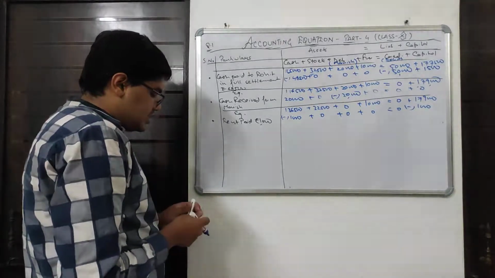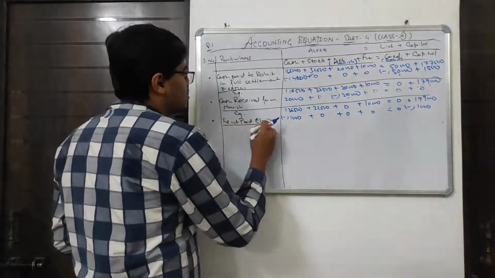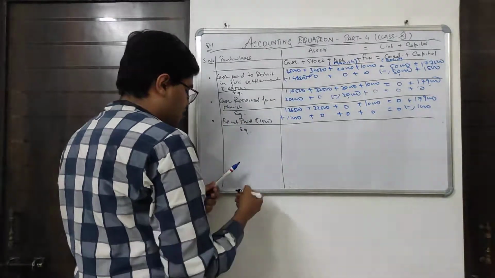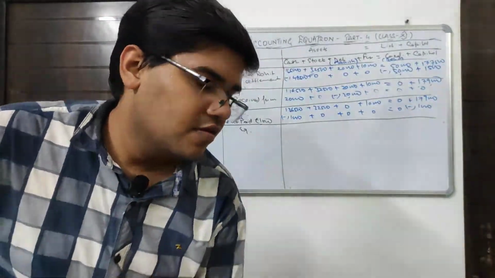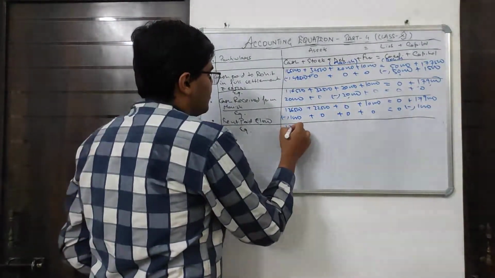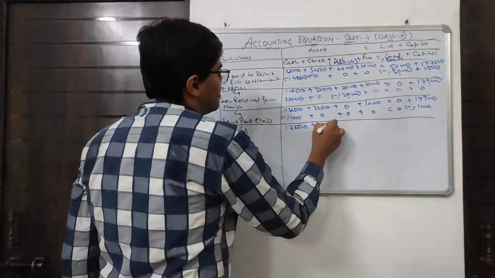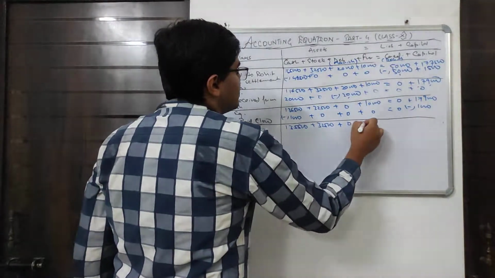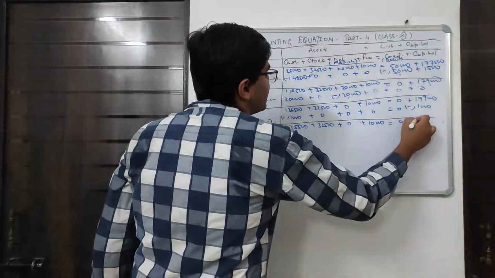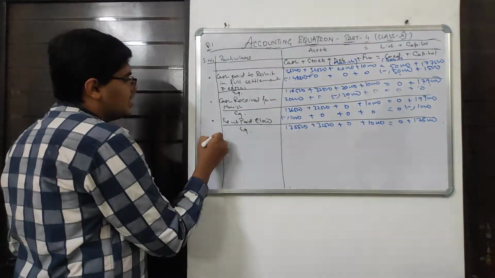So let us see whether our equation is balanced or not. You have to write here the equation: 1,35,500 plus 32,500, no change in debtor, furniture 10,000, creditor 0 and plus 1,78,000. Okay children, moving on to our next transaction and last transaction.